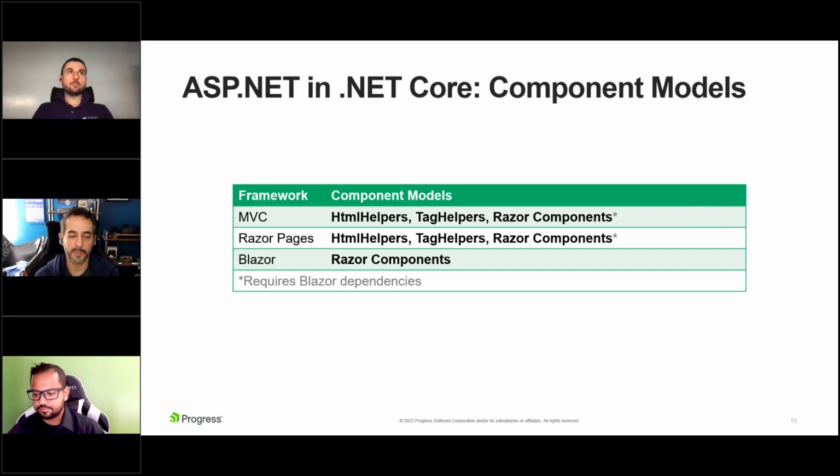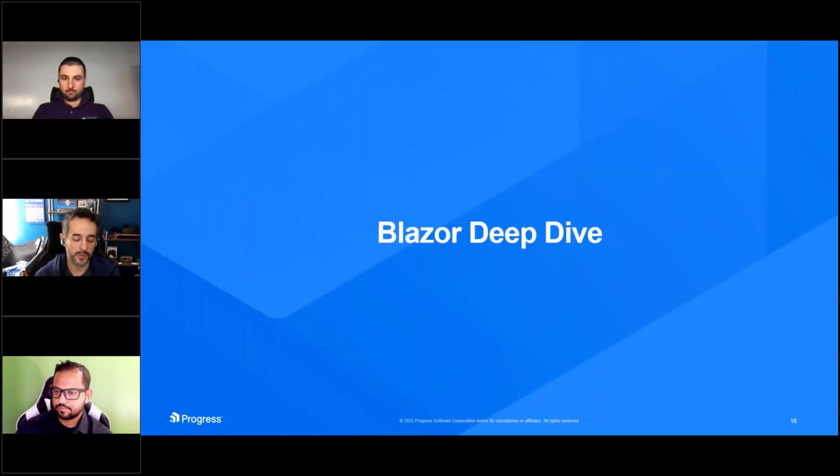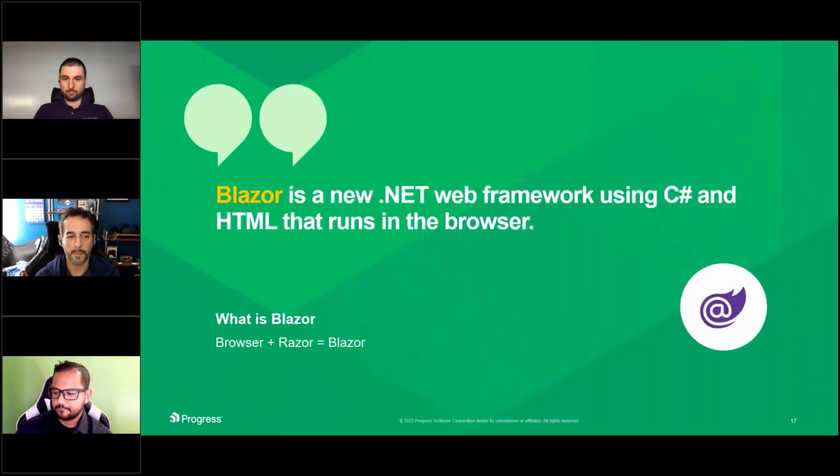I can show an example of that, but it's a nice transition point if you're interested in moving from .NET Full Framework to MVC and then starting to transition into a Blazor application. You can start creating these Razor components, take advantage of that C# component model, do away with some of the JavaScript that you would normally have to write, and then later on reuse those components in a full Blazor application, or even something with MAUI, which we'll get into in just a moment. So let's take a deep dive here into Blazor.